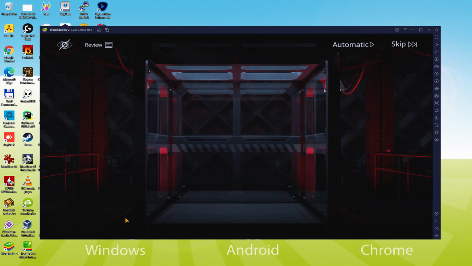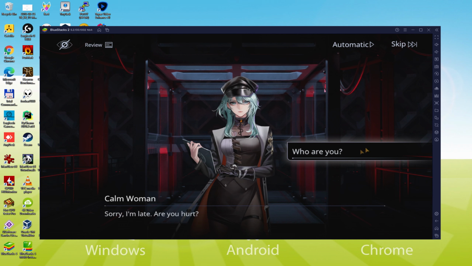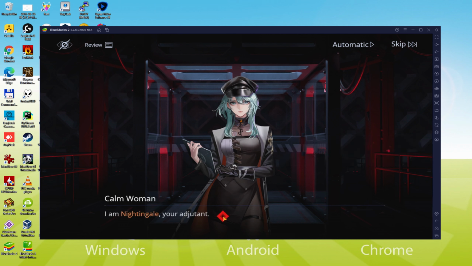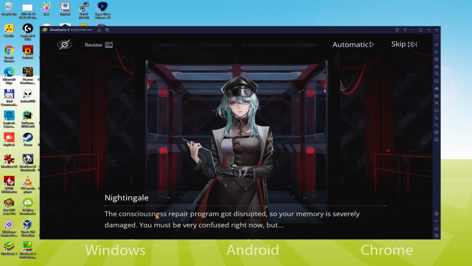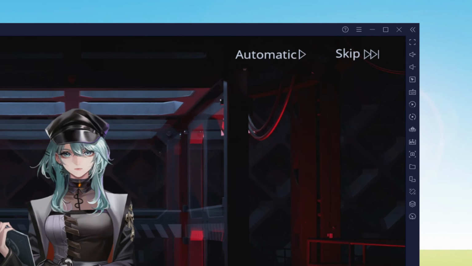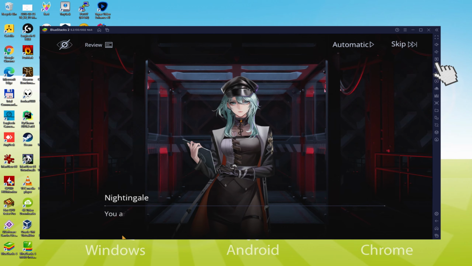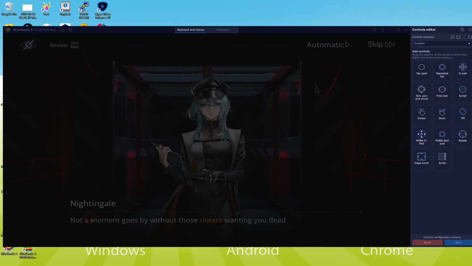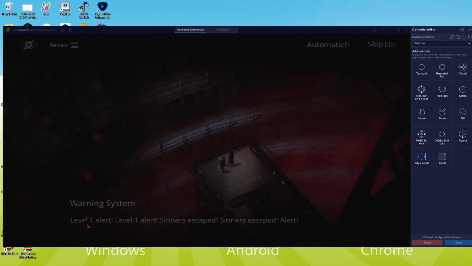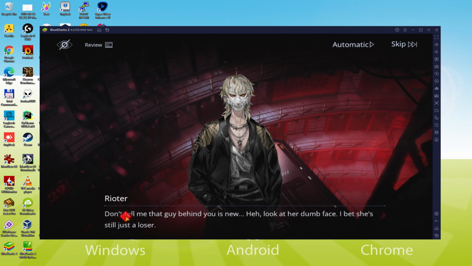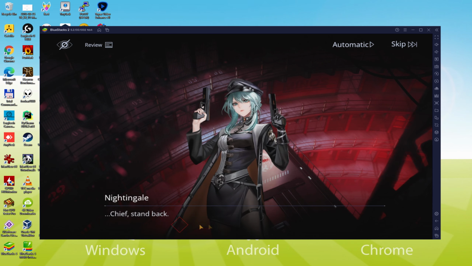Now, I am ready to explain the keys mapping and that is rather exciting. That way we will be able to use the game application far more easily. The first step is to click this keyboard icon. And there you will be able to set the appropriate controls. I will leave the default settings, but if you want to modify that, you can do so without any problem. As you can see, the emulator is in our own language.